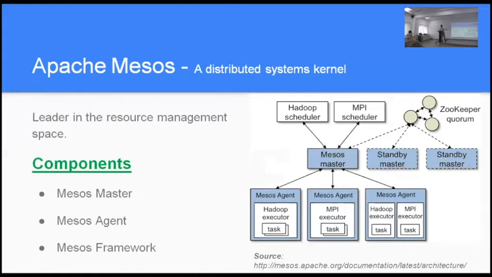Zookeeper, actually, we don't have time for it, but it's essentially a way for fault tolerance. It figures out which master is not responding. Maybe there's a network partition, maybe the node has gone down. It needs to do leader election to figure out which node is the master. If you take distributed systems, Zookeeper implements the classical distributed systems algorithms. If you take operating systems, Mesos is doing the classical operating systems work out there. If you take algorithms, it's looking at different scheduling algorithms. So everything you've learned in computer science comes together with this particular technology.